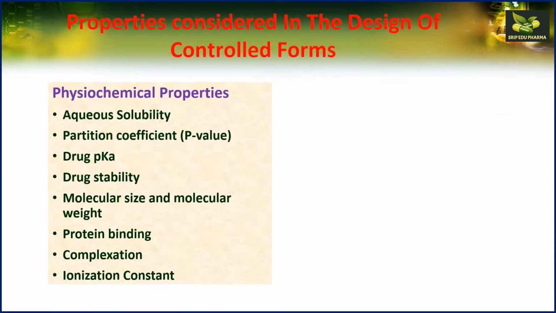Further, you have to discuss the various properties that have to be considered while designing the controlled release dosage forms. The properties are classified as physicochemical properties or biological properties. These are the list of the various types of properties that you will be studying in detail. The main thing that you have to remember is you must know the names of the properties as well as 3 to 4 examples related to controlled delivery that you have to search and write in this topic.